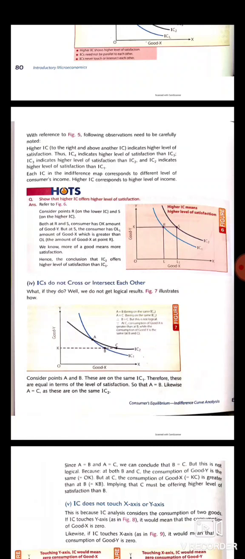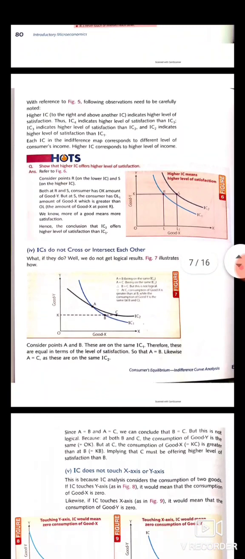For example, here in figure 7, 2 indifference curves are given, IC1 and IC2, which intersect each other at point A. On indifference curve 1, points A and B are given, so point A is equal to B, and on indifference curve 2, points A and C are given, so A will be equal to C. So A is equal to B and A is also equal to C,